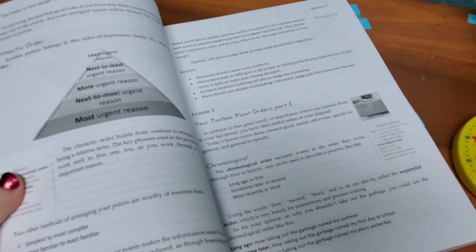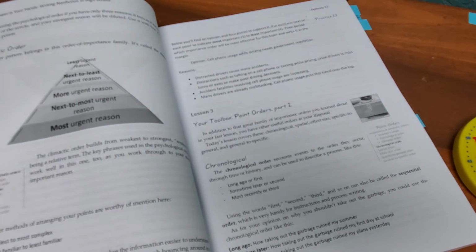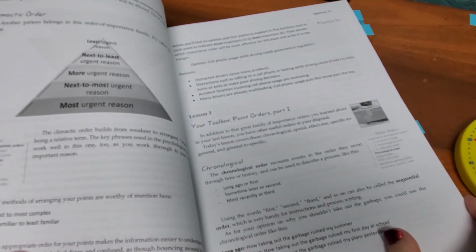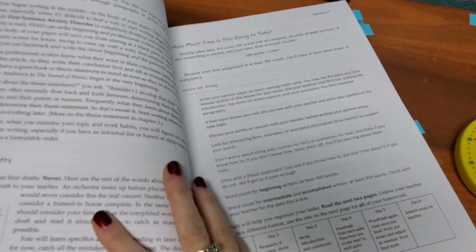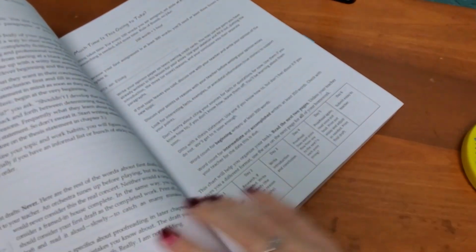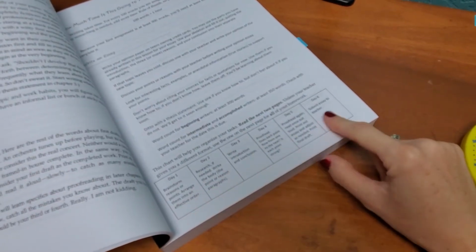There will be new things ahead. So you will either have this as a review for your child who's done writing, or it's all going to be new for beginning writers. Okay, so the other thing that I really like about this that I noticed is that at the very beginning,